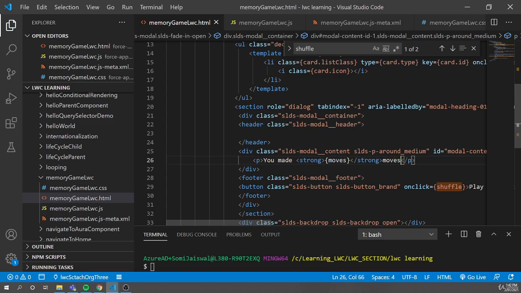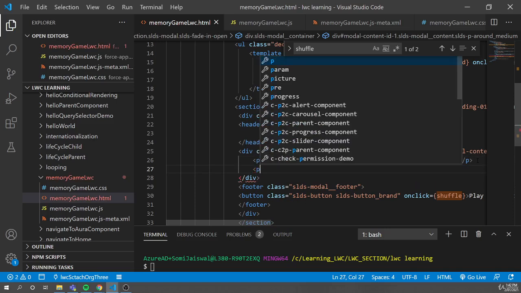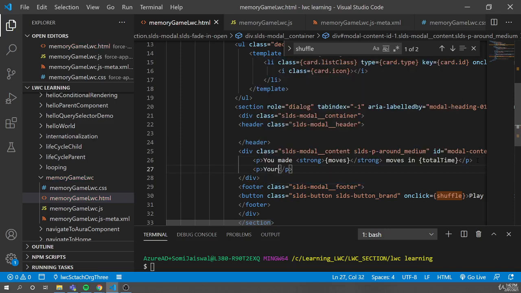You have made 10 moves basically in total time. Show the total time and I want to show their rating, how well they perform, your rating. And to calculate the rating we'll write something quickly,